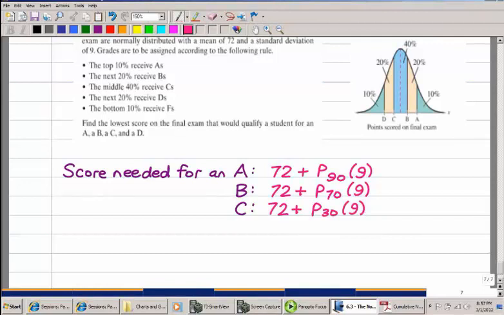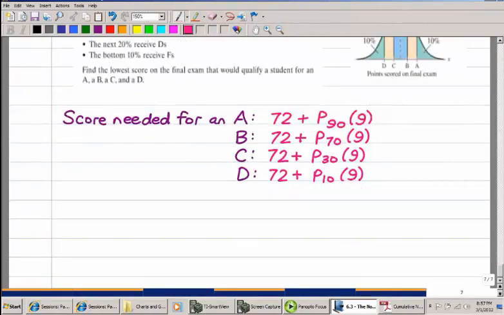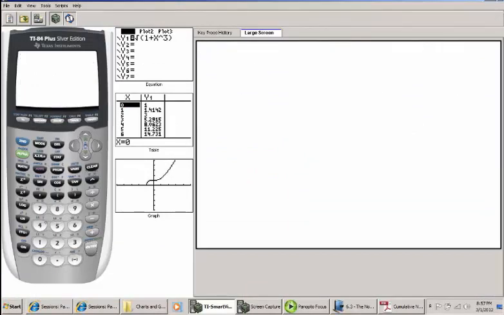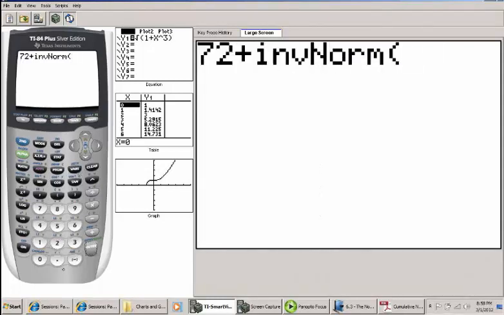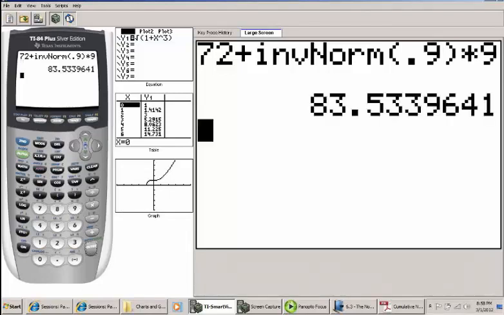72 plus P30 times 9. Then for D, there's only 10% below a D. So whatever this minimum number is for a D, obviously F would be anything below a D, so there's nothing to calculate for an F. But let's see. I can put these in the calculator and do this real quick. 72 plus inverse norm 0.9 times 9. 83.5